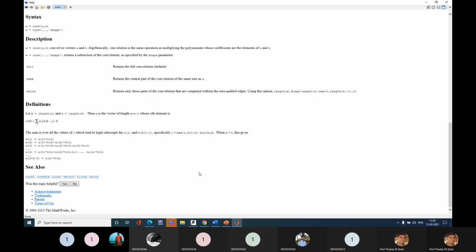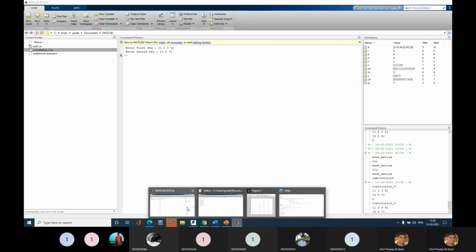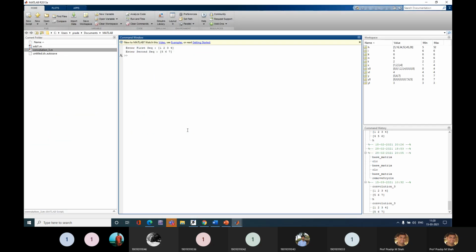So let me go to the MATLAB command prompt, and I need to first clear the screen. I define u; you can take any sequence.